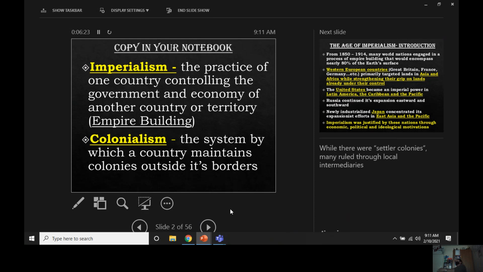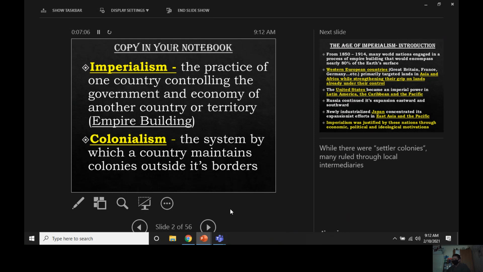Now, in some of these situations, you're going to see kind of what they did overseas in the Americas, what we refer to as settler colonies, where they actually send a lot of their own people to live over there and kind of work in the colonies. But we're also going to see a lot more informal control, where oftentimes people like the British will keep locals in power that will kind of rule in their name. It's a way of indirectly governing over places, sometimes outright colonizing, sometimes not. The point is that a small group of countries during this time period is going to control almost the entirety of the rest of the world.